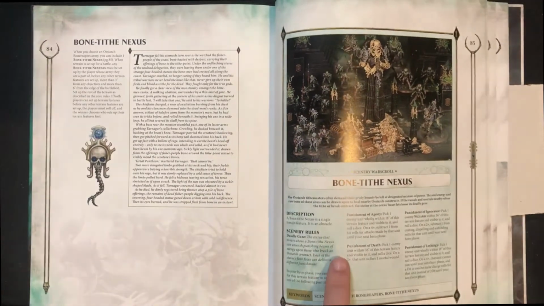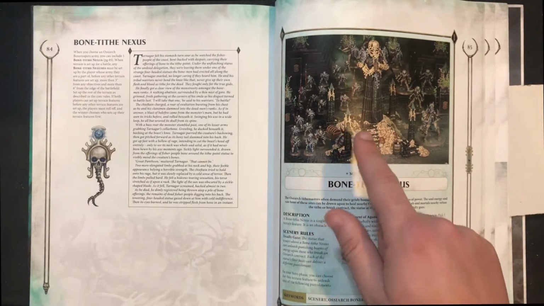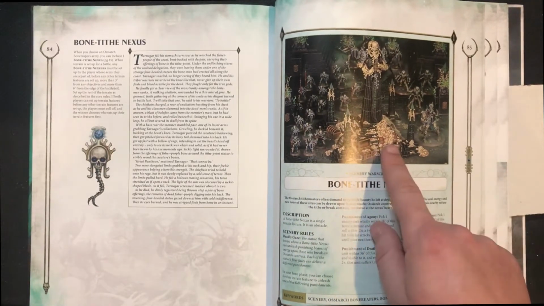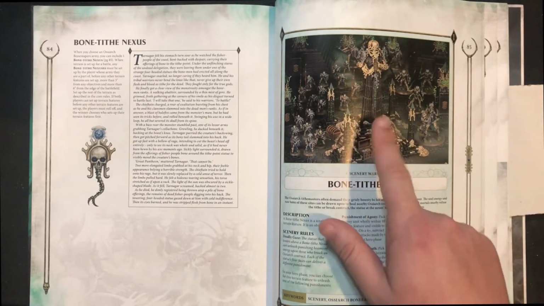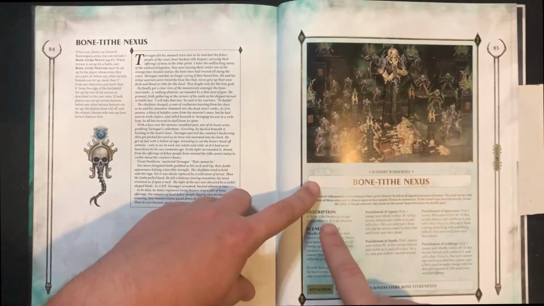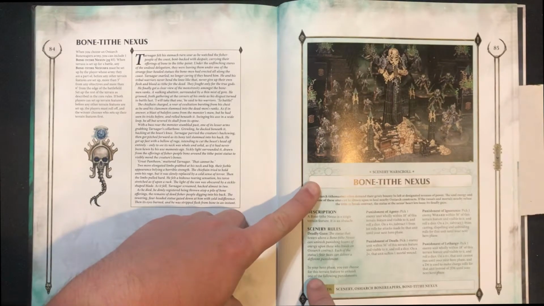So let's start off here with the Bone-Tithe Nexus. So guys, this terrain piece is absolutely huge on the table, and it's actually a really cool terrain piece. I need to get mine. I've seen them played by my buddies, but I need to get one. So it's a single model. It is an obstacle. So in your hero phase, you can choose...